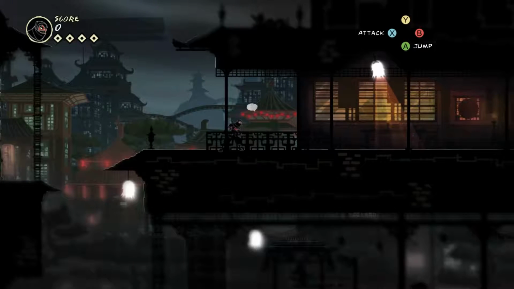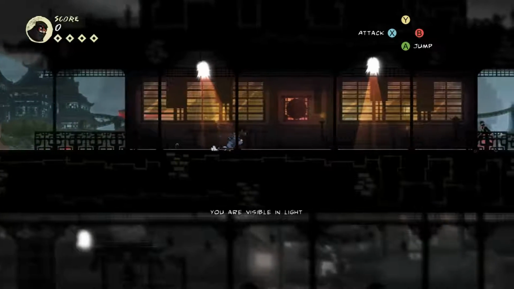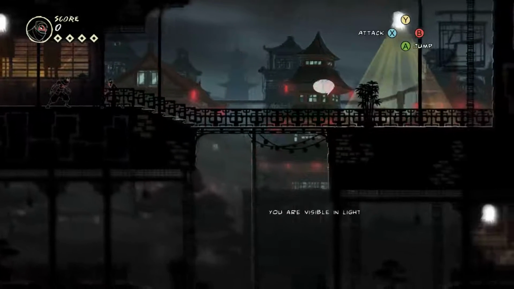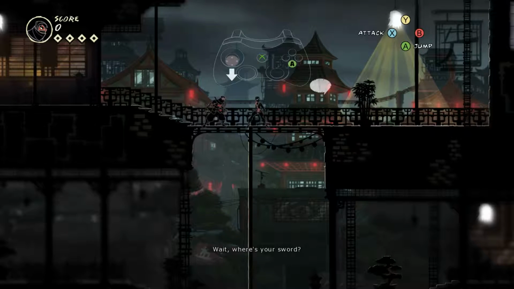I kind of wish the commentary was off now, because it's just going to be there. You're visible in the light. That's kind of a no duh, but okay. So the strategy in this game... Where's your sword? Stick to the darkness until you find one. Yeah, we haven't got the sword yet, but...